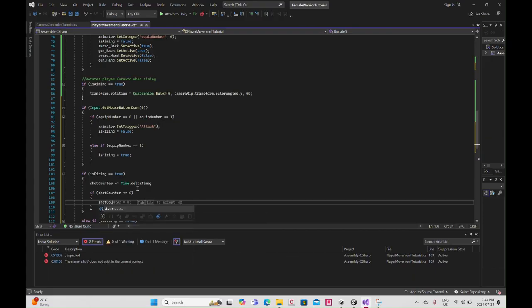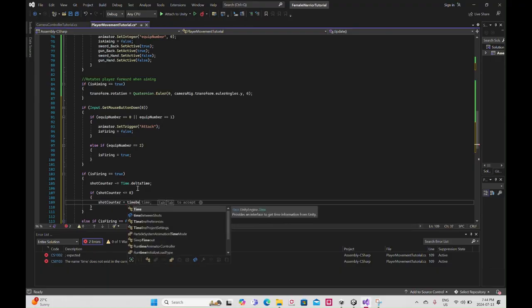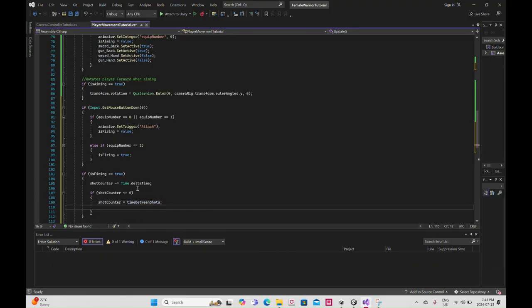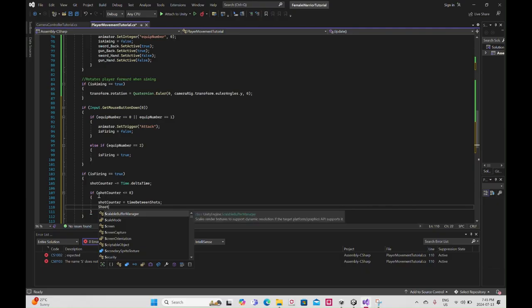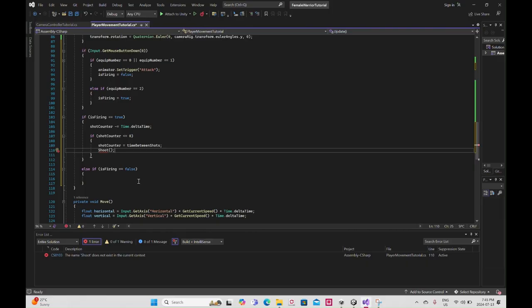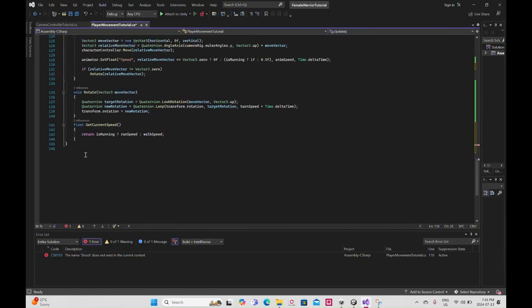shotCounter will be set to the timeBetweenShots value, which is what we set to 0.1. And after it's set to 0.1, it keeps on doing this. And as soon as it's at a value at 0 or less, then it's going to trigger this method. In this method, we're going to create down here